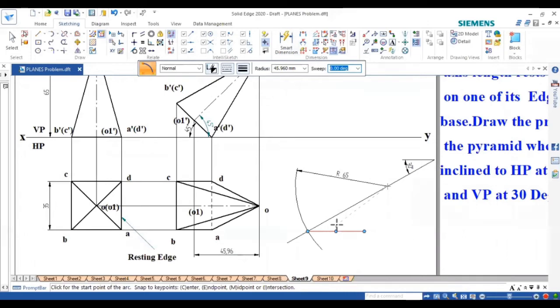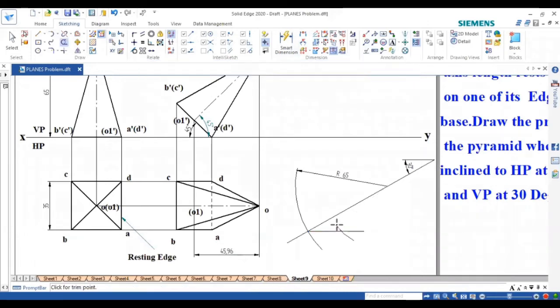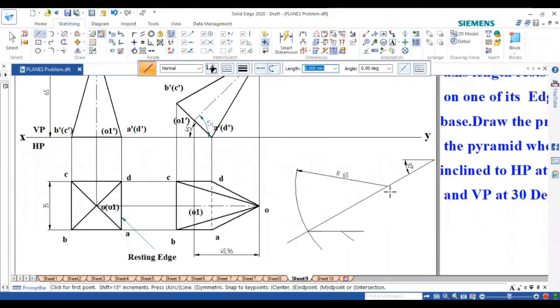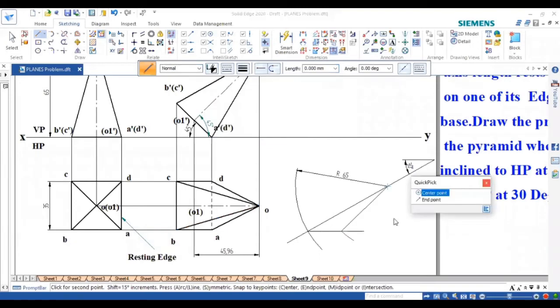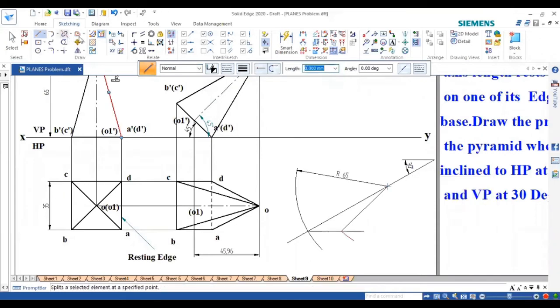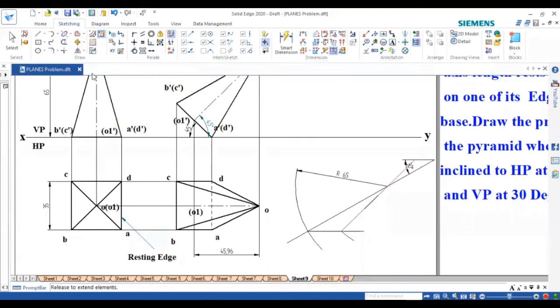So we can draw one more arc. I am trimming this so that I can easily use this end point of the arc. Next, I need to join this. This is actually the center axis line itself, or we shall draw the projection line only first. Okay, that is done. Next, I need to extend this line. So go for the extend command and extend this line to find the beta angle.